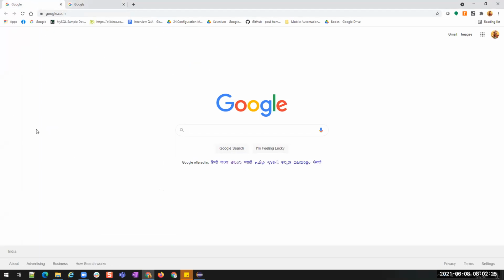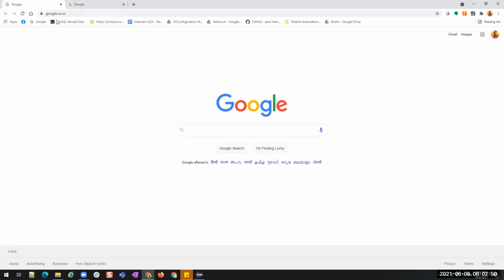Now, the actual driver is this, but when I clicked on this, it opened this new window. Now my control was in this one. I have to shift my control from this to this. So how do we shift that control from this window to this window? We will be learning it a little later, while learning switching to frames, switching to windows, and all the other concepts. So for now, you can ignore it.